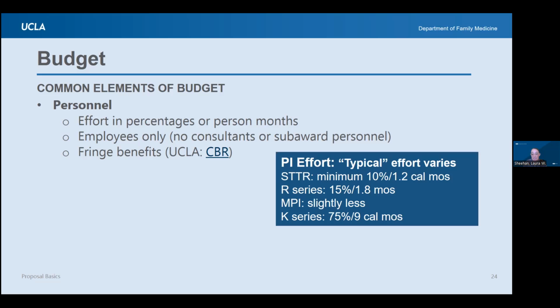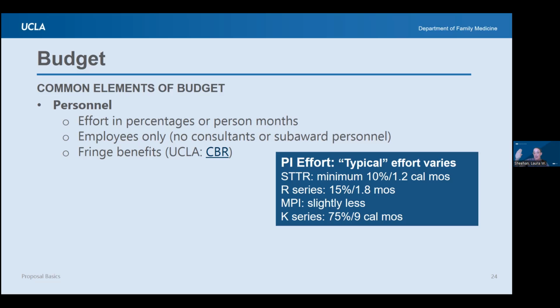For the R series, I didn't get into the different types of series at the NIH, but if you're getting an R from the NIH, typically 15% or 1.8 calendar months. If you have multiple PIs, more than one PI, it'll probably be less, maybe 10%. On average, I would say PI effort varies between 8% and 40%, with some exceptions.